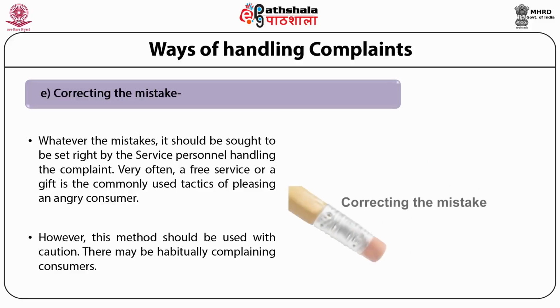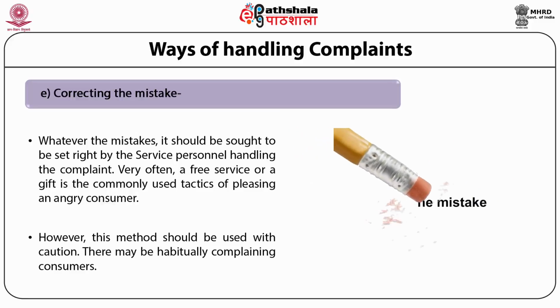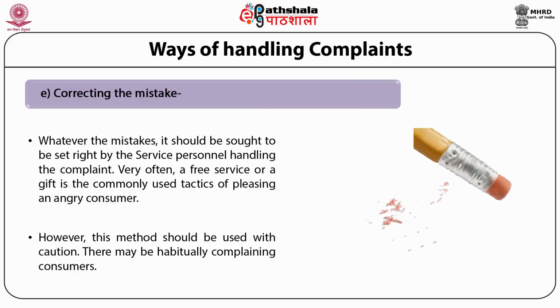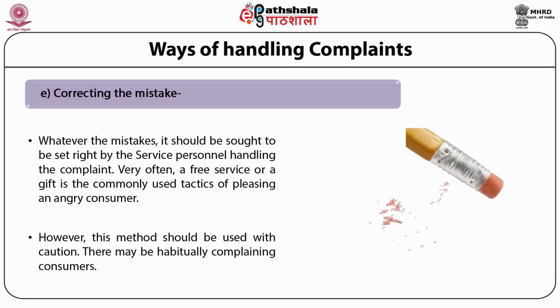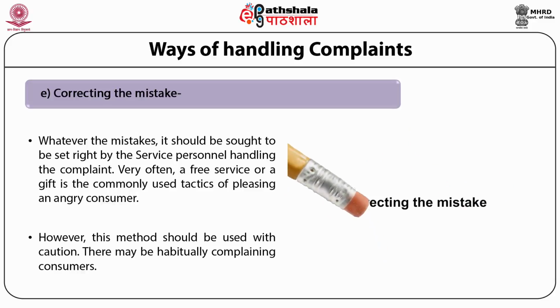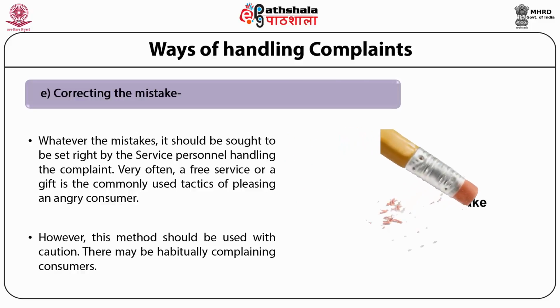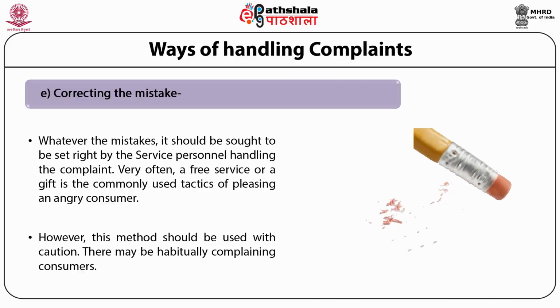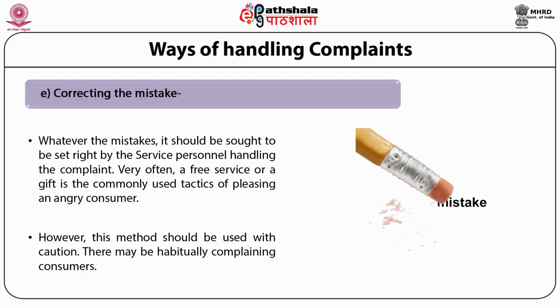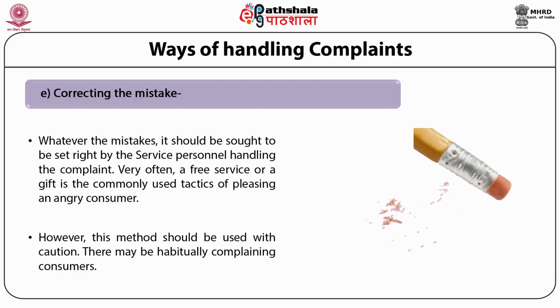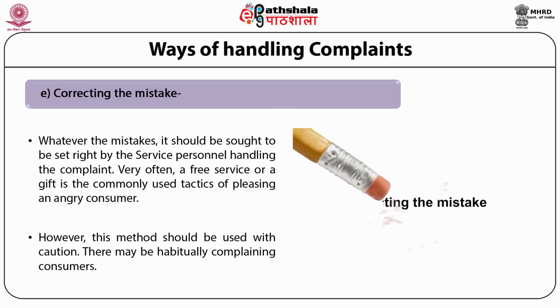Let's assume that there is a consumer who is dissatisfied with the taste or hygiene of a food item at a restaurant. If the consumer is complaining, one of the easiest methods to satisfy him is to replace his dish free of cost. And, if needed, offer him another dish free, or maybe even offer him to have his complete meal off, depending upon the situation and the seriousness of the complaint.